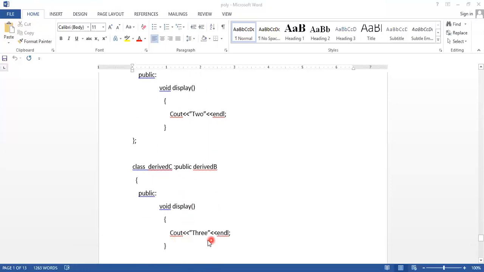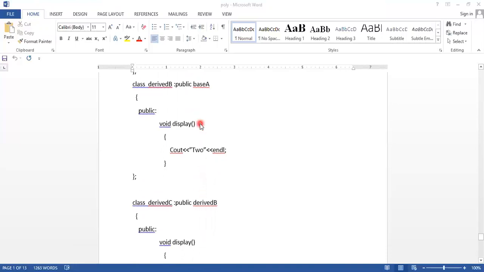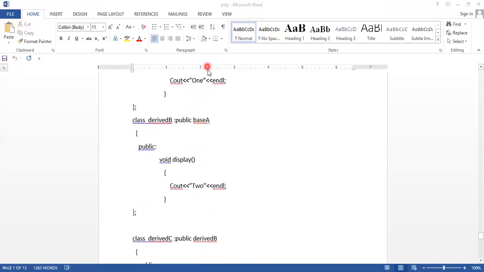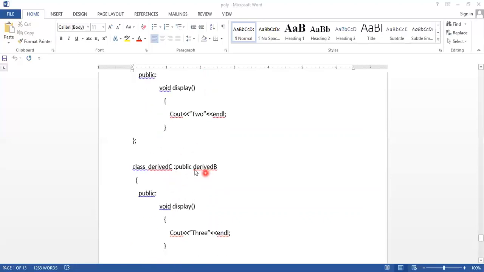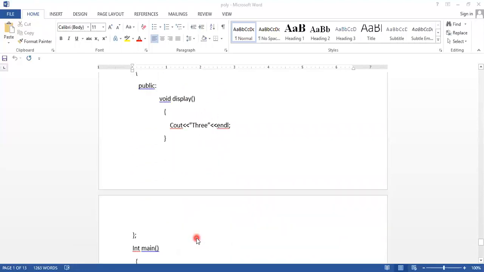Here cout value 3. Just we display value 1 in the base class, 2 in the derived class, and in the other derived class whose parent is derived B, this is 3. So the output becomes